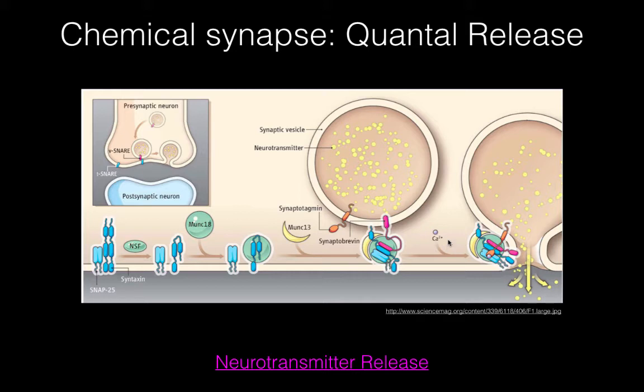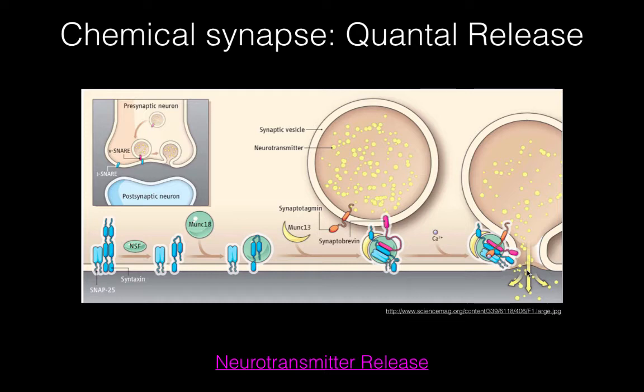When we have an influx of calcium through voltage-gated channels at the presynaptic terminal, that means that these calcium channels are only going to open at the appropriate depolarization. The calcium allows for the direct physical interaction between synaptotagmin and this major complex. When this occurs, the vesicle gets so close and is able to fuse with the terminal plasma membrane. And when this happens, this allows for the release, the exocytosis, of neurotransmitter.